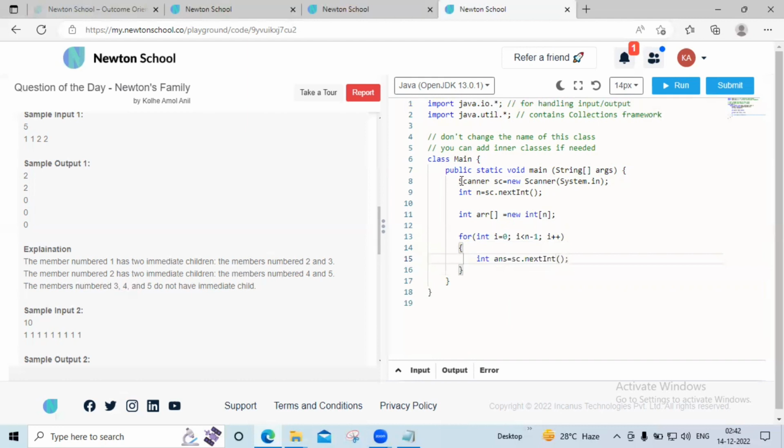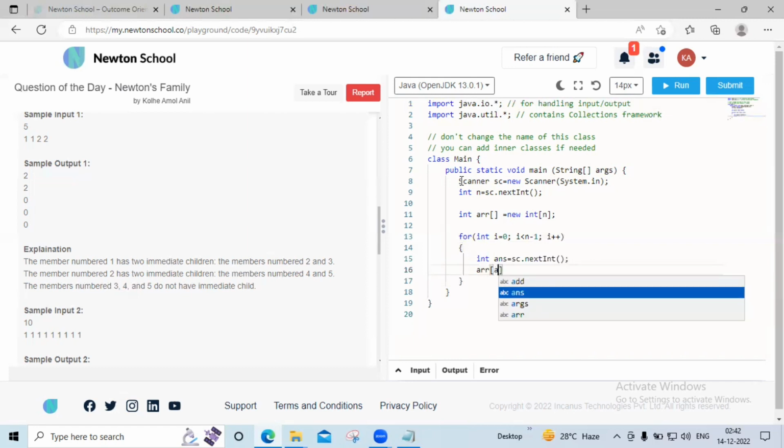ओके, एरे के एलिमेंट्स को आंसर में स्टोर किया, उसके बाद हम क्या करेंगे, एरे ऑफ आंसर -1 करेंगे और इसको प्लस प्लस कर देंगे। ओके, आफ्टर दैट